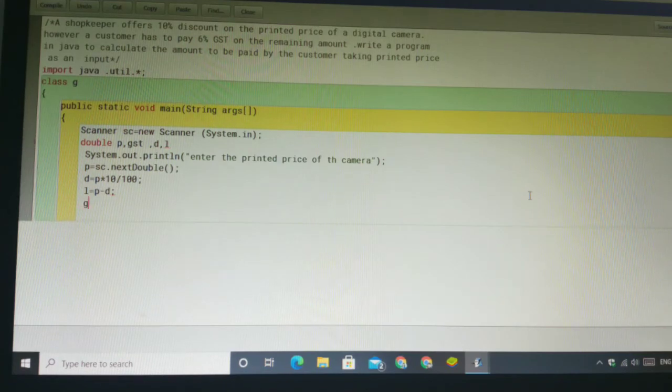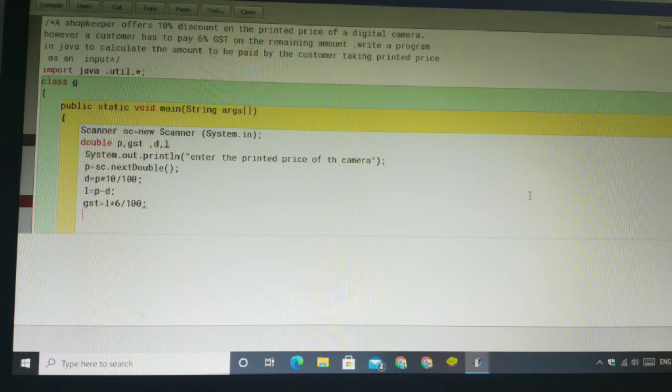Then GST we are finding. GST on the left amount: GST is equal to L, the left amount, into 6% given, so 6 upon 100. Okay, GST is found. Then after GST, the GST will be added to the paid amount.